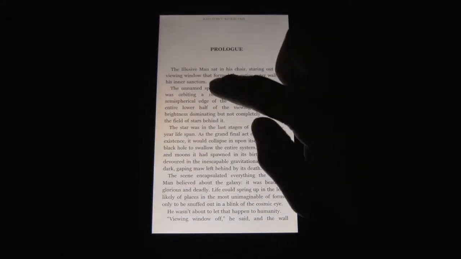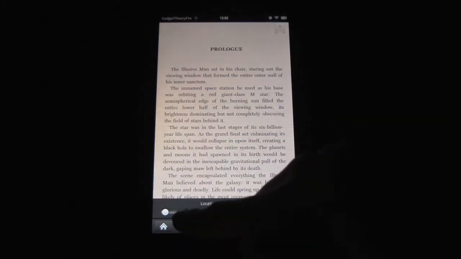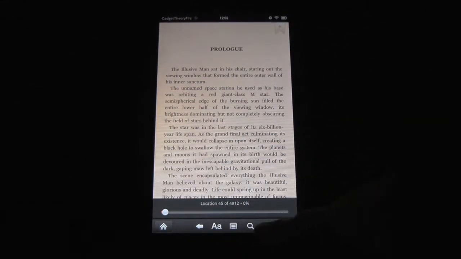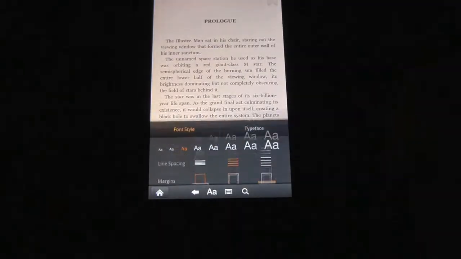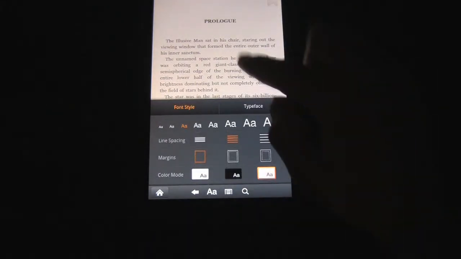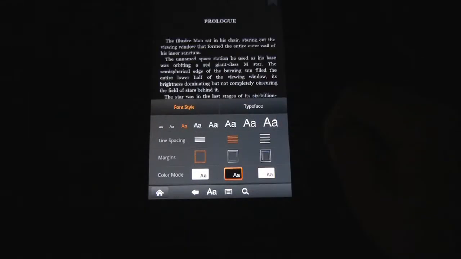So it's fine. It's just a basic Android ebook reader, which is kind of disappointing to me. Now if you want to get back to the home screen, you have to press down in the center, and then down here you get all these buttons, and you can go do settings so you can change stuff. There we go, there's the settings